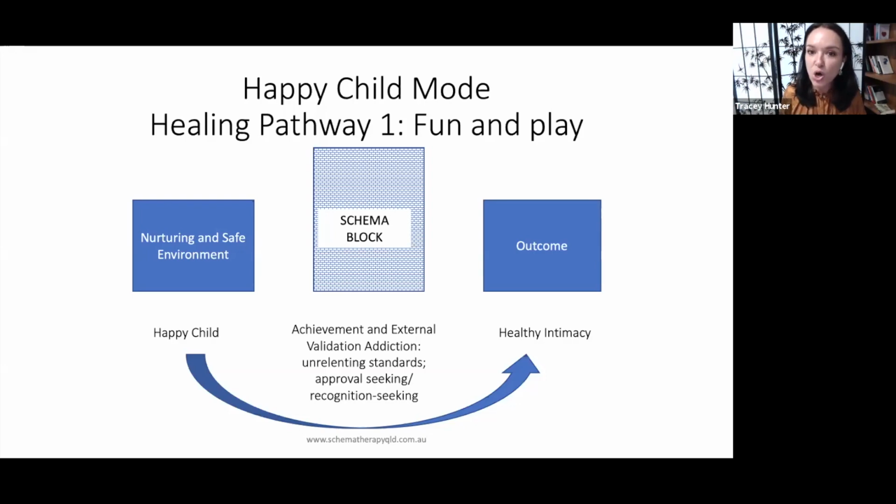That can block fun and play, because it blocks the spontaneous aspect of children playing. Sometimes they are quite impulsive and messy and it is a bit chaotic, and maybe sometimes they do say something that's not quite socially appropriate. But if there's such a strong clamping down on that, then it does block fun and play.